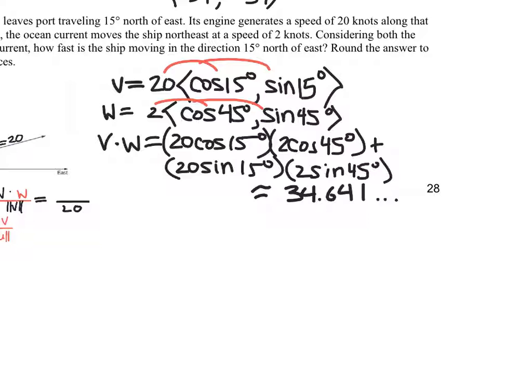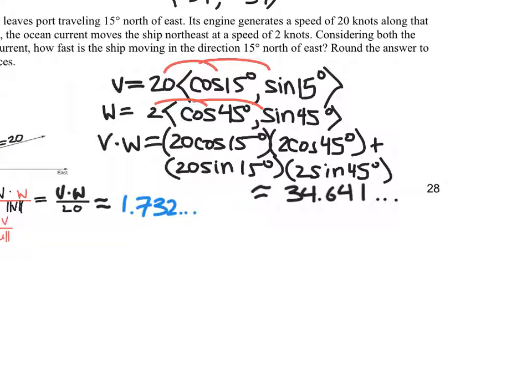All right, we're going to take that value and divide it by 20, and we're going to get like 1.732-ish. All right, so this value, I'm going to denote it as V dot W in my formula, because again, I don't want to round until my last step, so I wouldn't want to put in there that we're looking at 34.6, for example, to divide it by 20. So I'm going to get 1.732